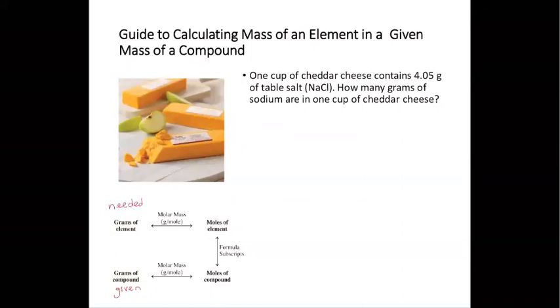When we have that conversion, then there are 3 conversion factors that are utilized. The first one is the molar mass of the compound to discover how many moles of the compound we need. The second conversion factor is going to be the formula subscripts, which tell us the relationship between the moles of the compound and the moles of the element. Lastly, we have the molar mass of the element, and that last conversion takes us to the grams of the